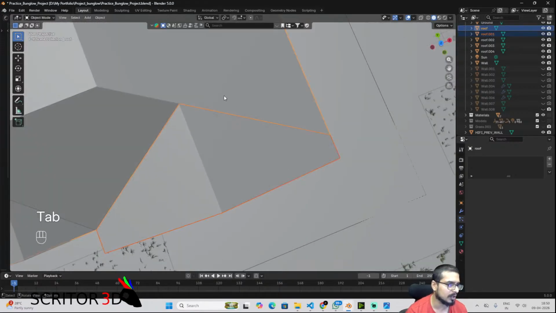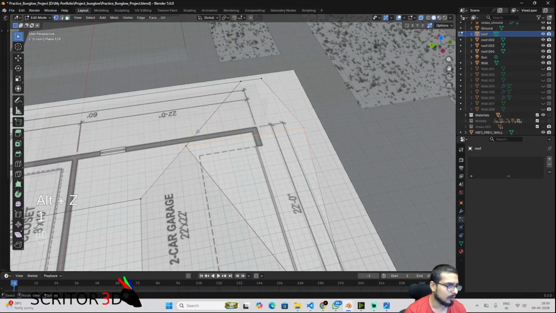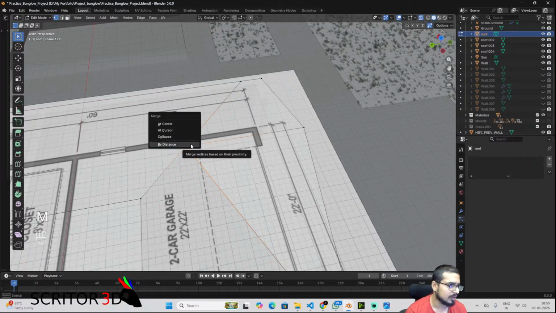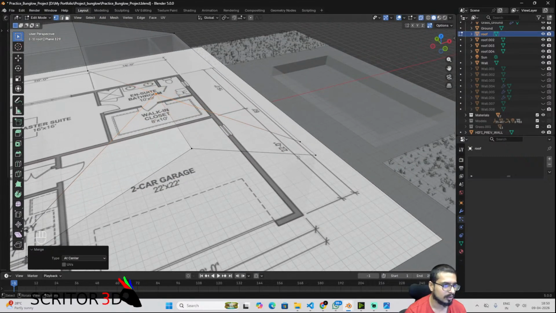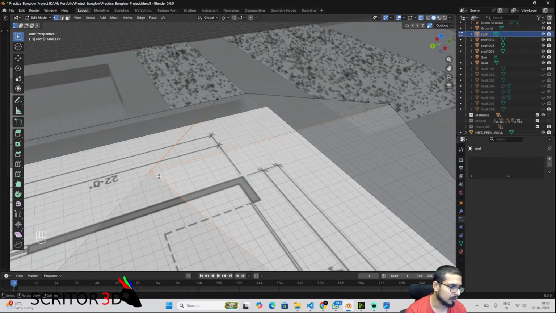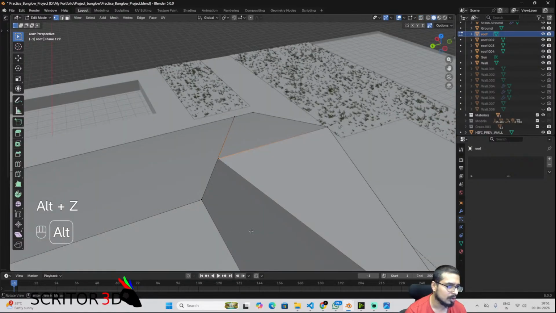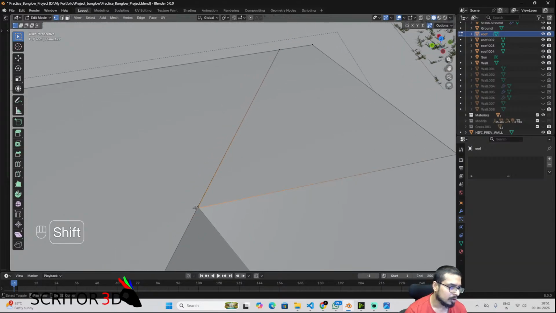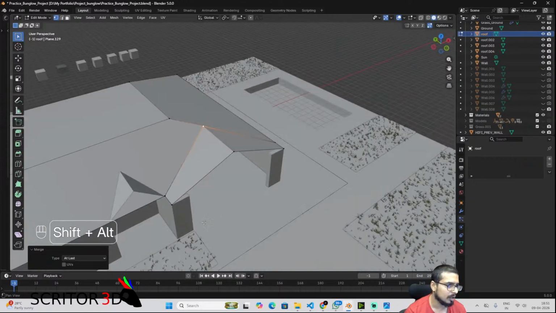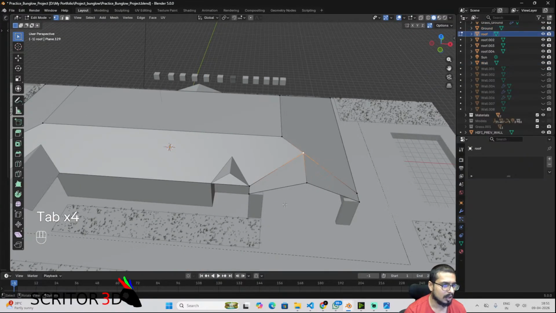Now I'll join these two together, Control J, then go to vertices mode, select these vertices, merge at center, or what I can do is a merge at last instead. And now